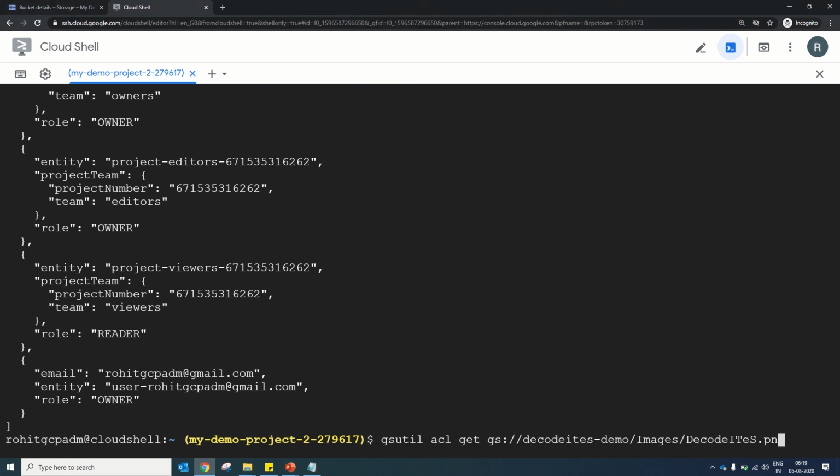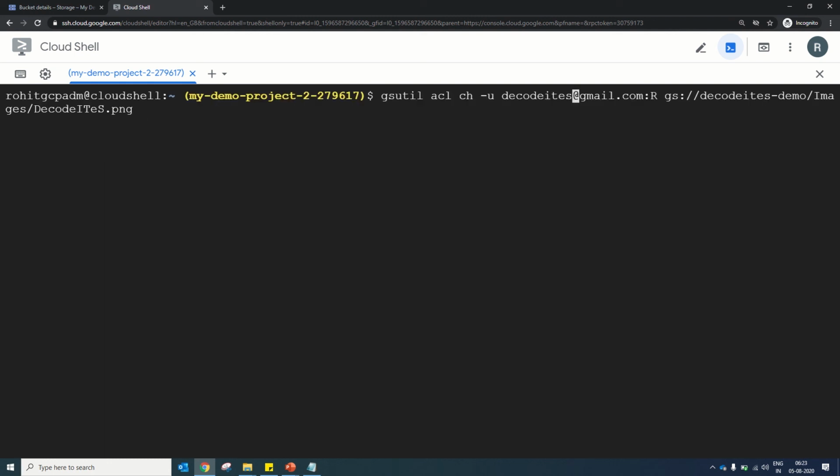Let's add a permission. Now we will add permissions to a particular user using the acl command. For this we will run gsutil acl ch -u, and the user ID is decode_its@gmail.com, with read permission, and this is our file on which we want to give the permissions. Let's run that command and see what will happen.